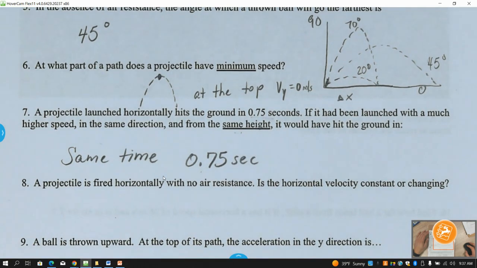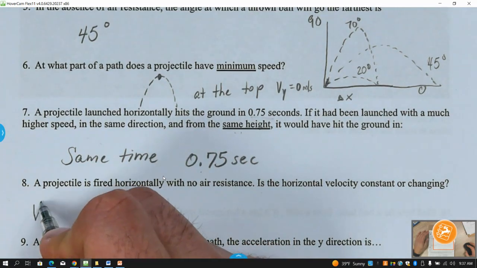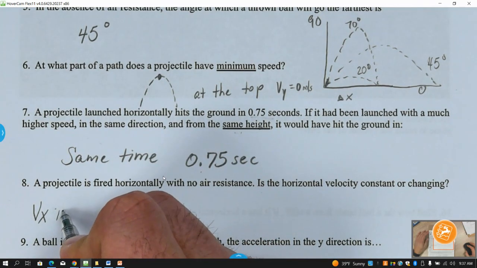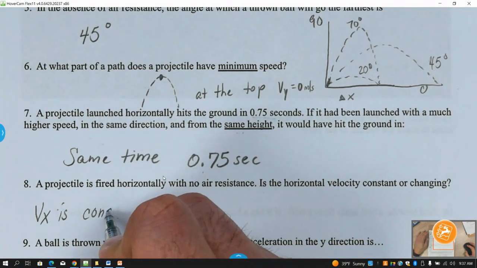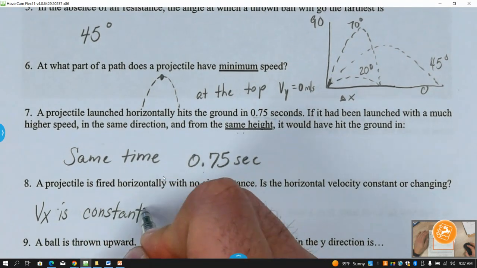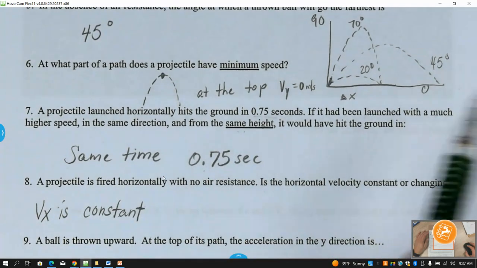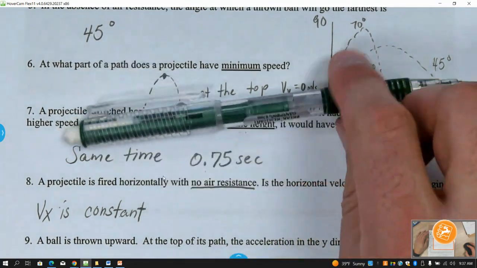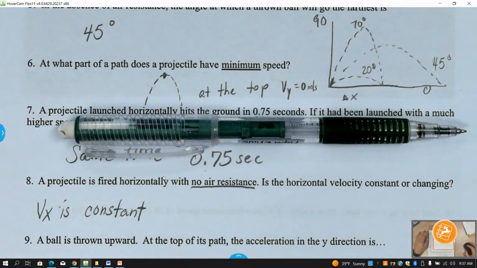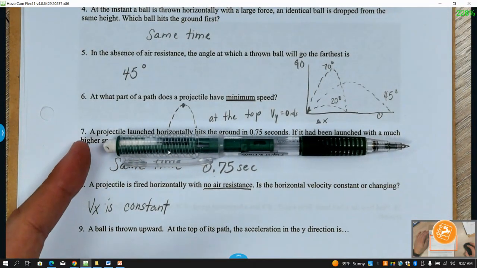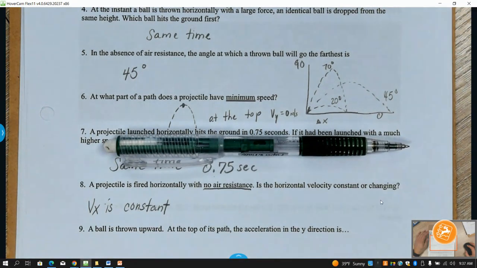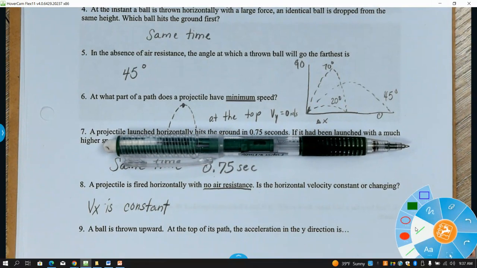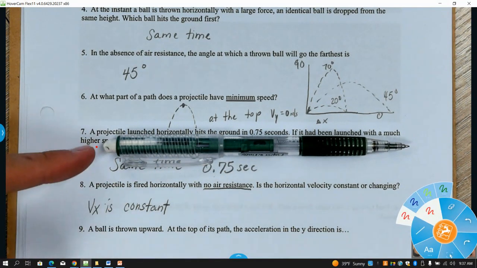Okay, a projectile is fired horizontally with no air resistance. Is the horizontal velocity constant or changing? All right, Vx is constant. So we're assuming no air resistance. So if I were to take a look at this pen, and if I imagine pushing it through the air, if there is no air resistance, as soon as it leaves my fingertips,